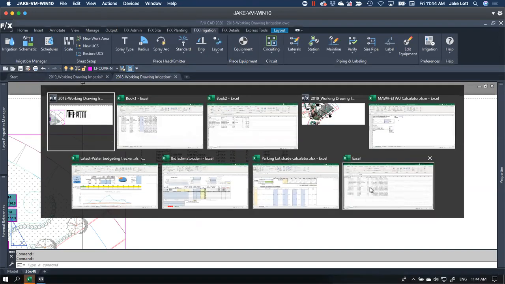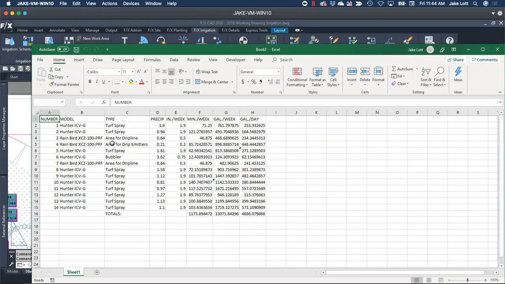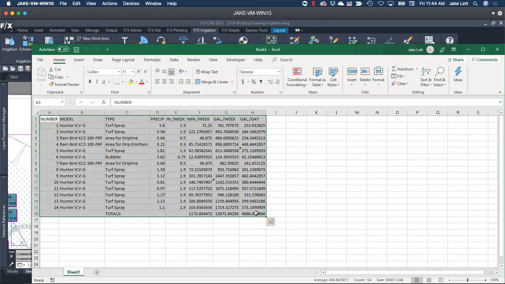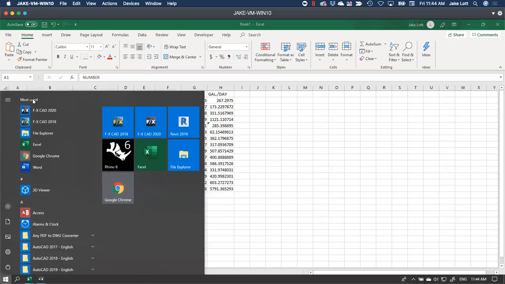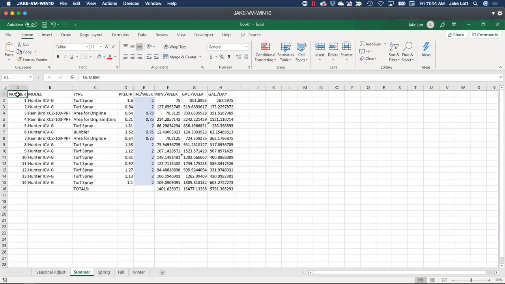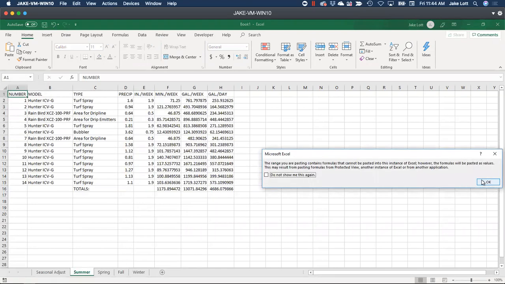It's going to come to its own new spreadsheet here. I can simply take this, copy it, and put it into my original. Paste it.